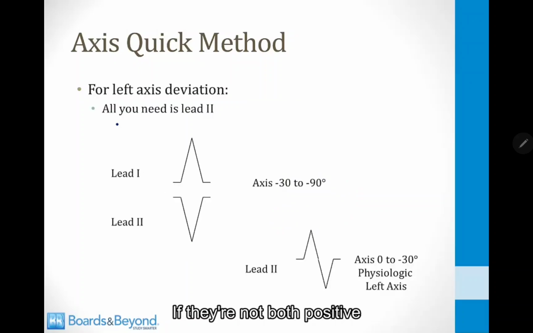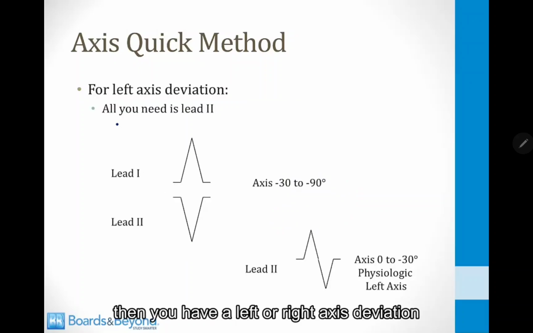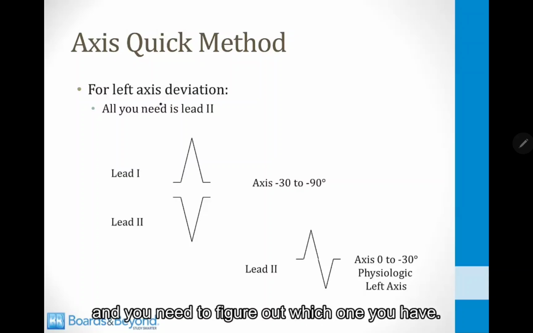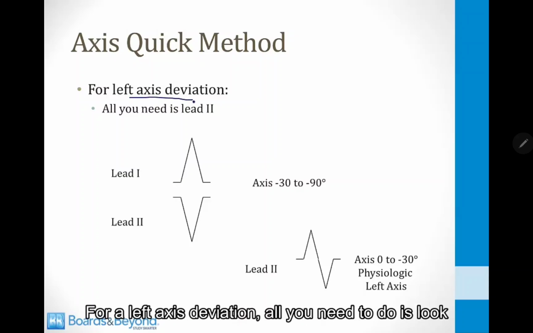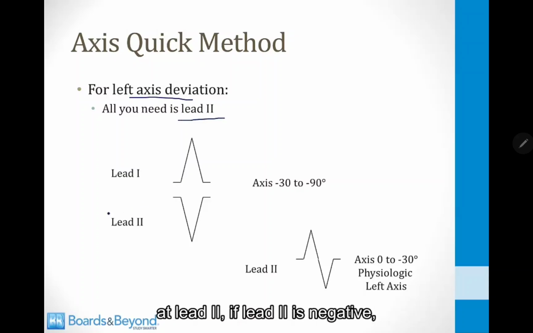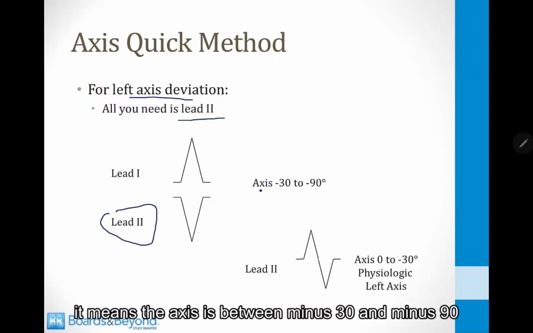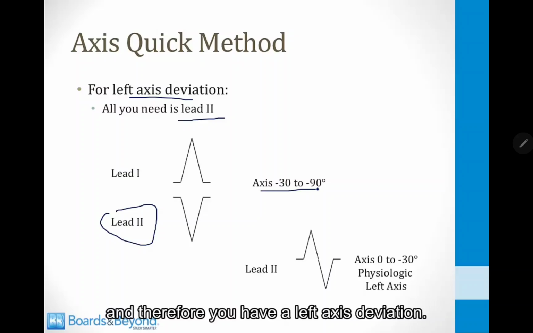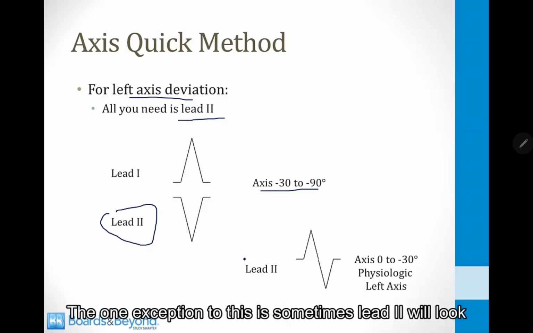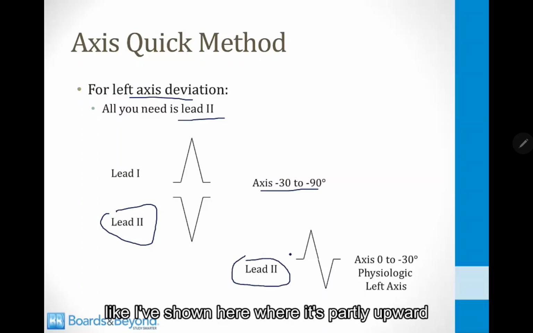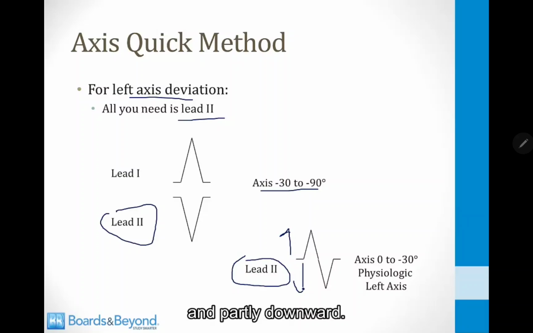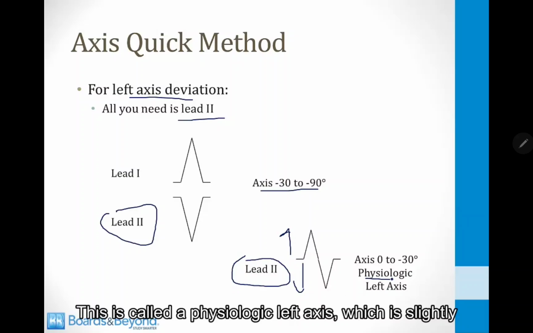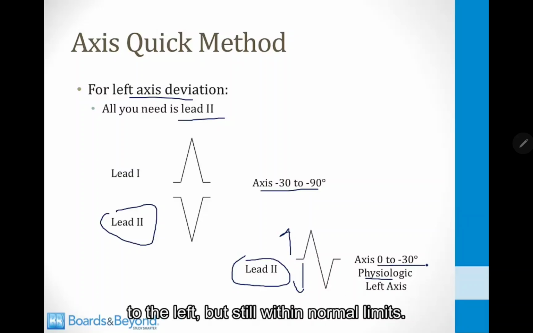If they're not both positive, then you have a left or right axis deviation and you need to figure out which one you have. For a left axis deviation, all you need to do is look at lead 2. If lead 2 is negative, it means the axis is between -30 and -90, and therefore you have a left axis deviation. The one exception to this is sometimes lead 2 will look like I've shown here, where it's partly upward and partly downward. This is called a physiologic left axis, which is slightly to the left but still within